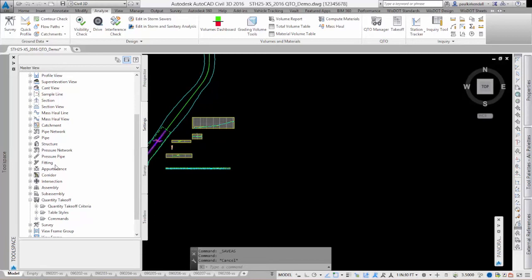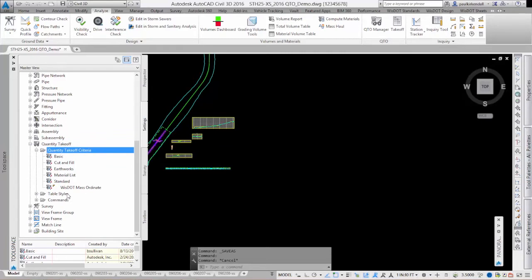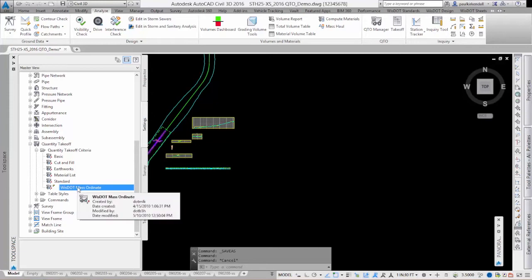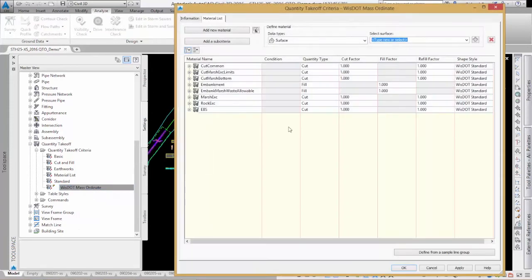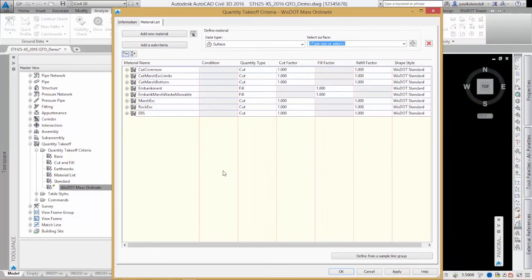So in the quantity takeoff, there is a quantity takeoff criteria. Now I brought some additional quantity styles in here, but the WisDOT mass ordinate is the one that WisDOT has created. So we'll go ahead and look at that one first. So this one has